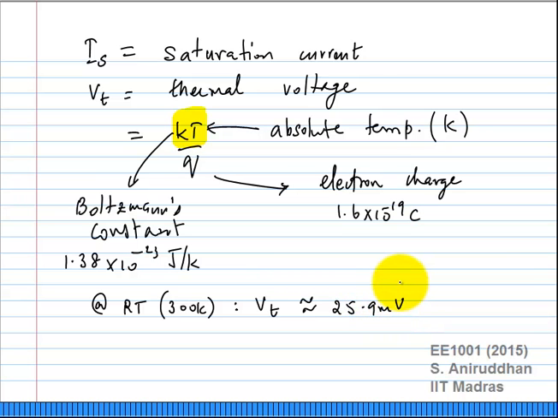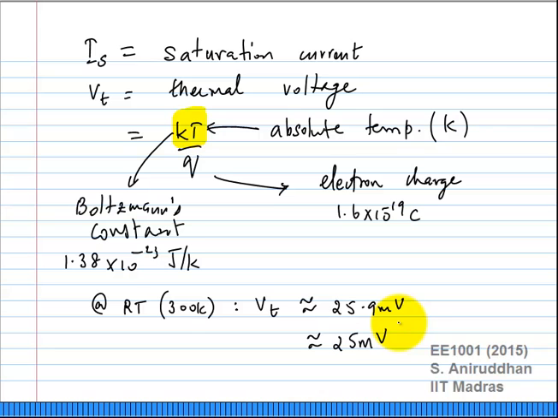Vt is approximately 25.9 millivolts. Note that we are now talking about nonlinear circuits. Typically you would go to a simulator to get very accurate results. So an approximate hand calculation is good enough in many cases, and therefore we will often say